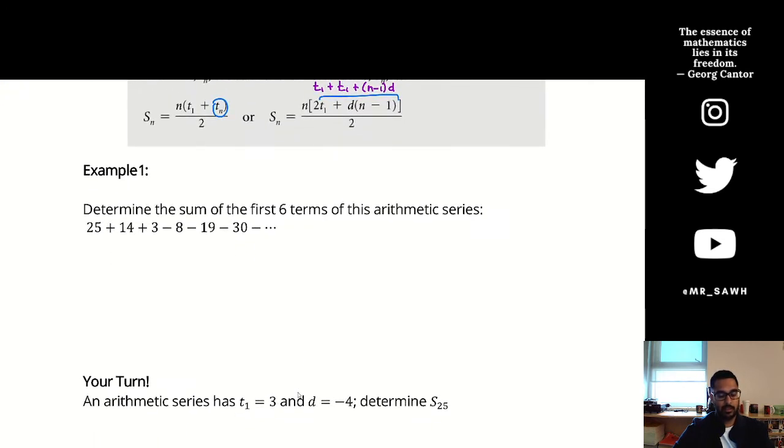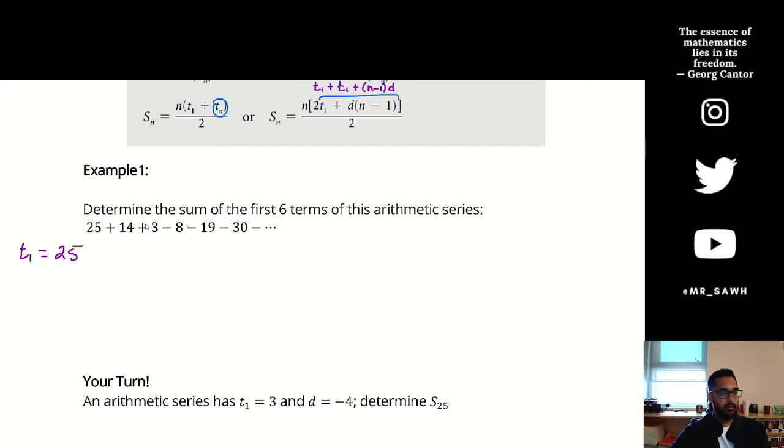So leave our formulas there at the top, just so we can look at them. Determine the sum of the first 6 terms of this series. So I've got a bunch of numbers. It's arithmetic, so I know there's a common difference. So let's just write out some things that we know. That way we know which of the two versions of that formula to use. So our first term, T1, that's 25. Our common difference,